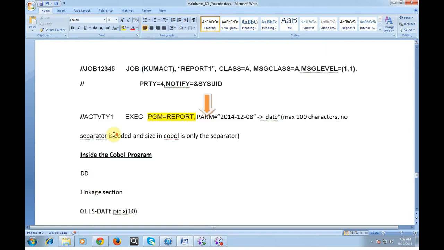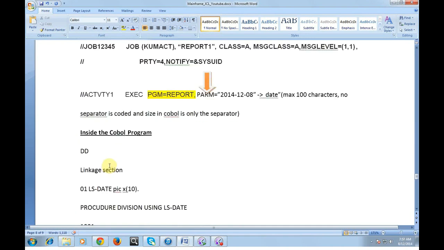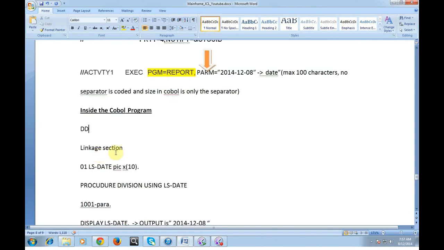Inside the COBOL program. So this was about the syntax which we use in a JCL program, but as I said, we also need to declare a variable in the linkage section. Since we have different divisions like procedure division and data division, in the data division you should code a linkage section.